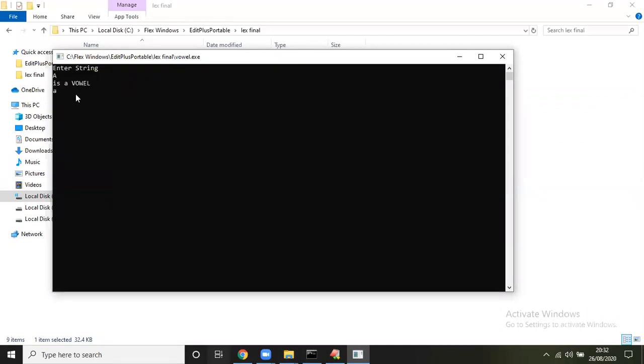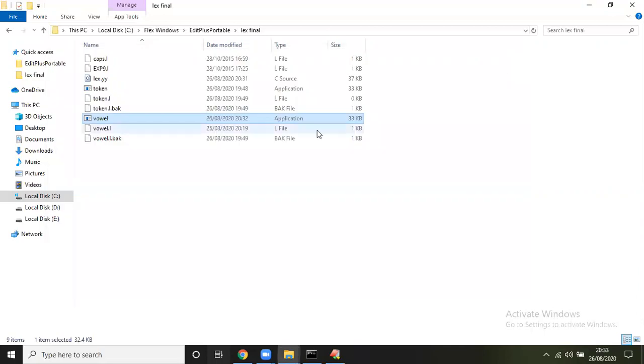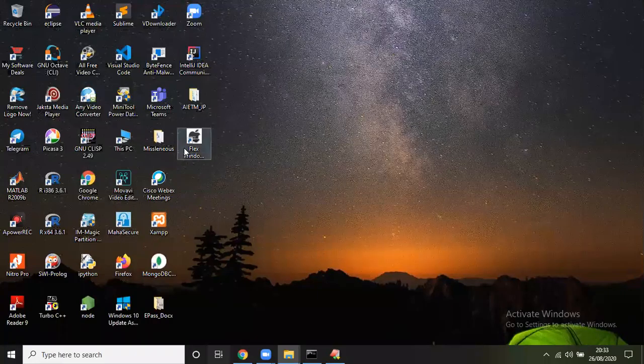If we enter small a, it gives us vowel. If we enter capital Z, it gives us consonant. If we enter small z, it gives consonant. So this is the way it identifies which character is a vowel and which one is a consonant. This is the way we use this wonderful Lex tool and the set of Flex for Lex and YACC.